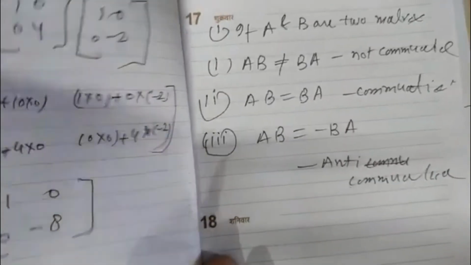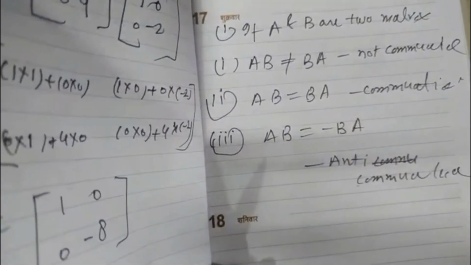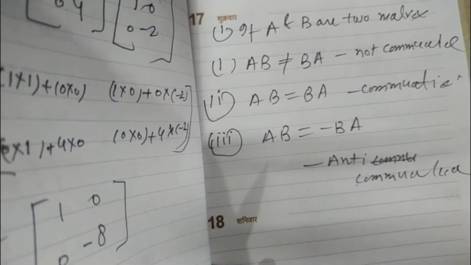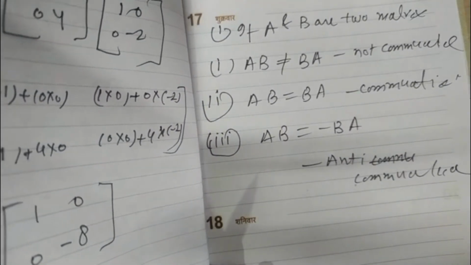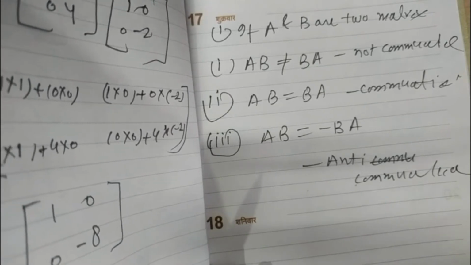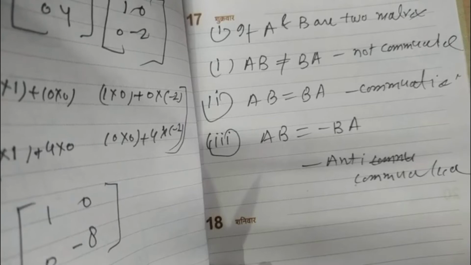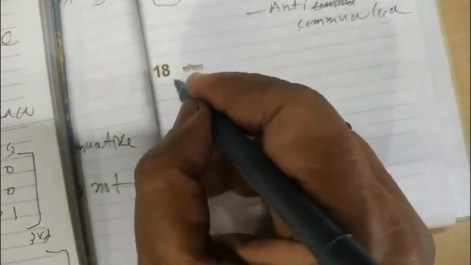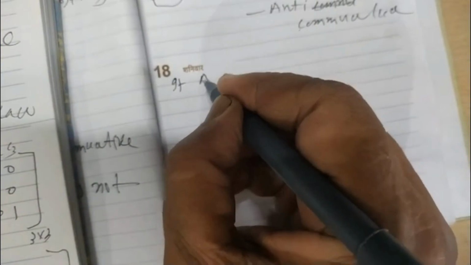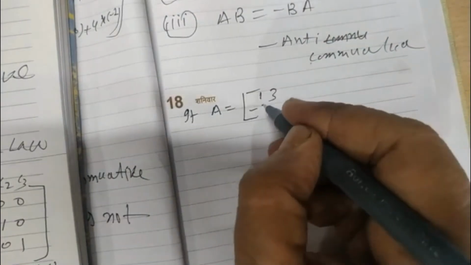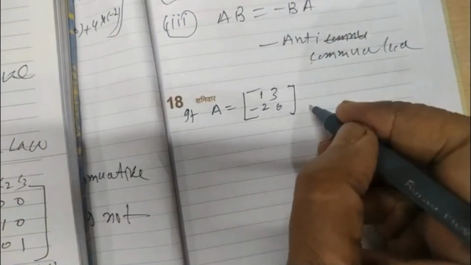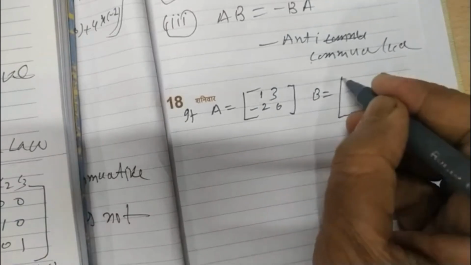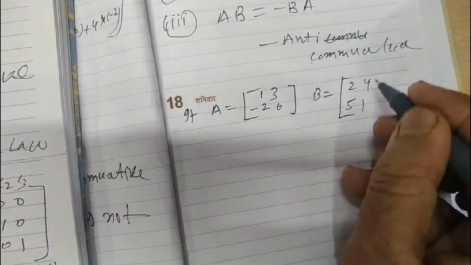Anti-commutative. So we find in the properties of multiplication, multiplication does not always follow the commutative law. It means we do not always find the commutative law, but the associative law and distributive law hold always. We can check by this question. I think I give it for your homework. You do simple multiplication and you can check whether the associative or distributive law holds always.